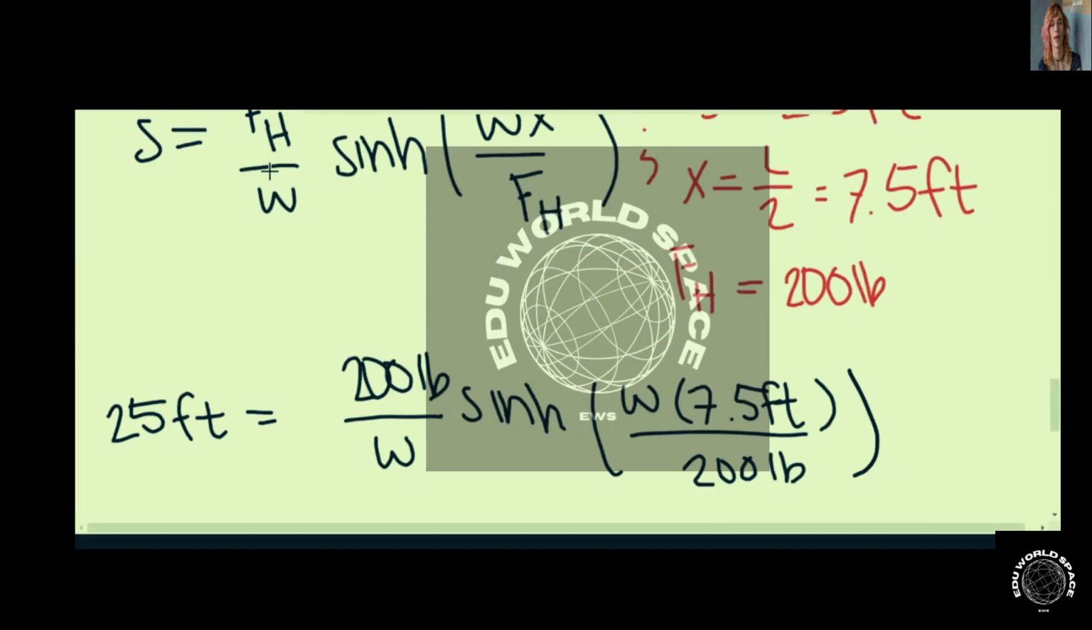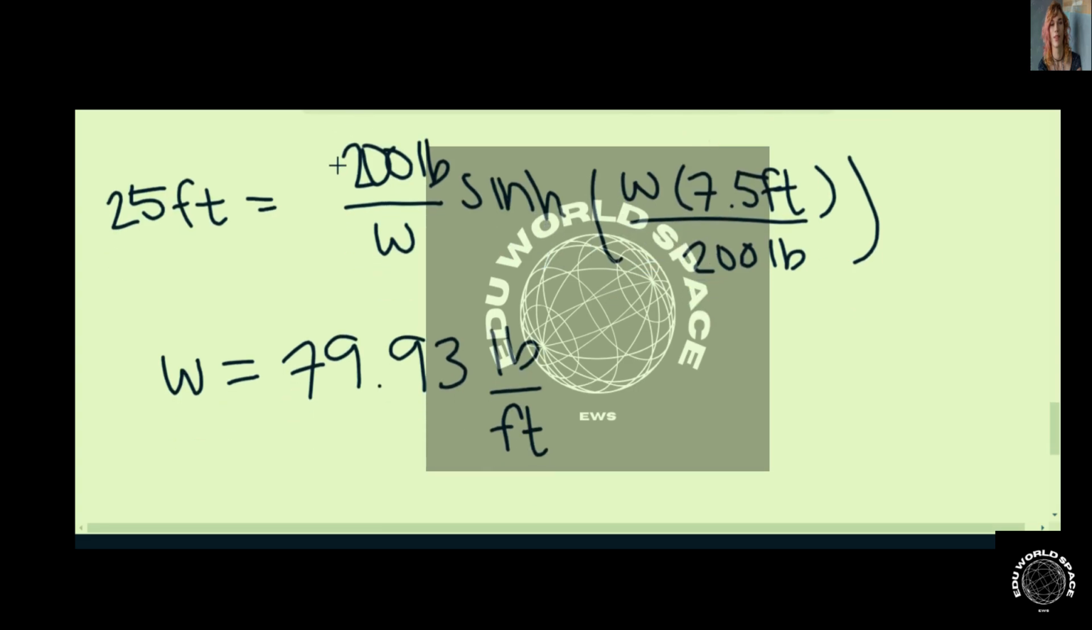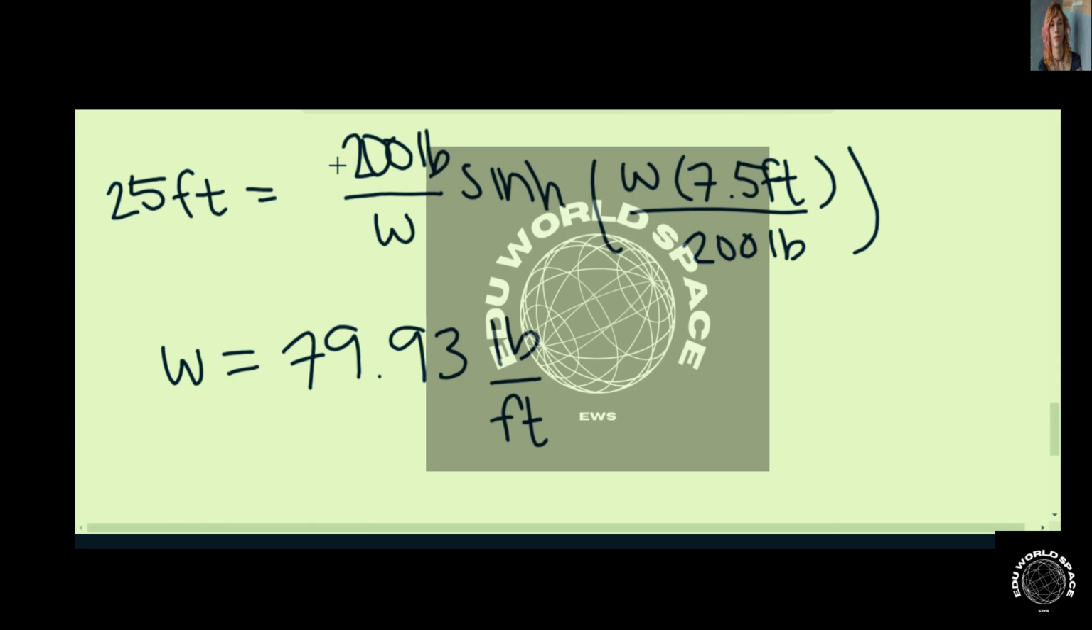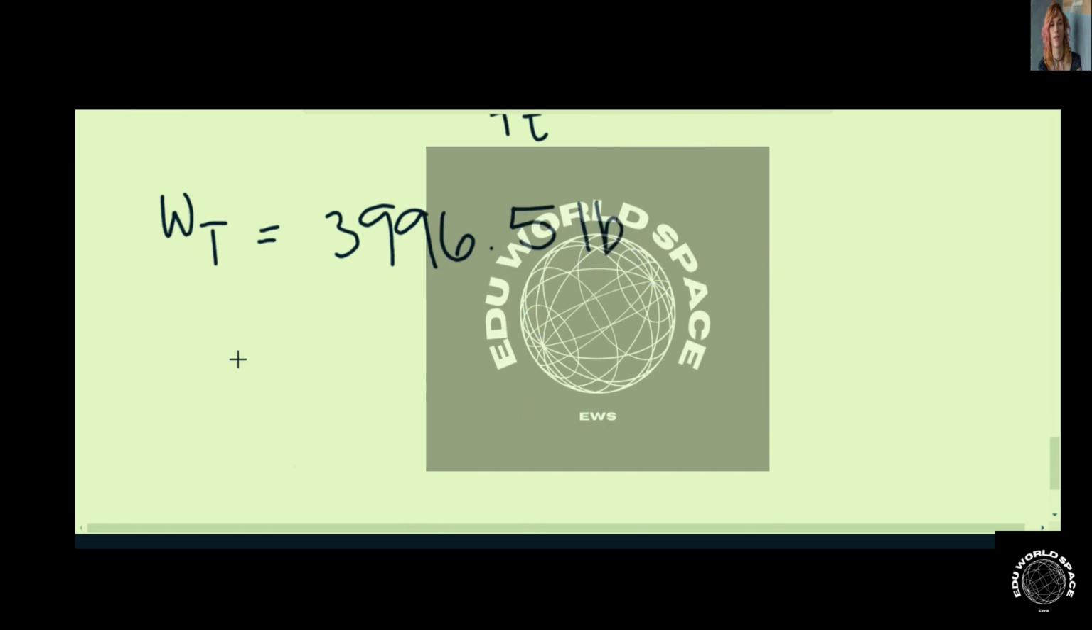Now, when you find when the 2 points intersect one another, W comes out to be 79.93 pounds per feet. Now, this is the weight per unit length, but they want you to find the total weight of the cable. And in order to do that, you need to multiply this by the length of the cable, which is 50 feet. So the total weight of the cable equals 3,996.5 pounds. And if you want to convert this to kips, just remember that 1 kip is equivalent to 1,000 pounds,